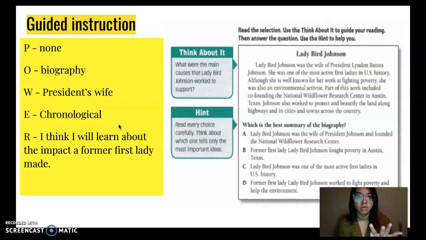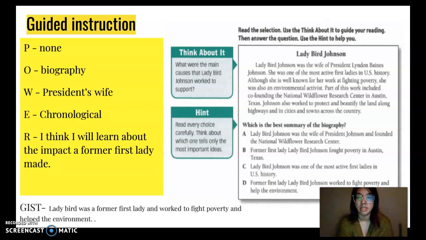Again, chronological, or actually not chronological because I don't see dates, so that's wrong. I would probably write description. My learning prediction: the impact a former First Lady made. And my gist that I wrote is Lady Bird Johnson was a former First Lady and worked to fight poverty and help the environment. Using all this, I would go ahead and answer my question here, which is